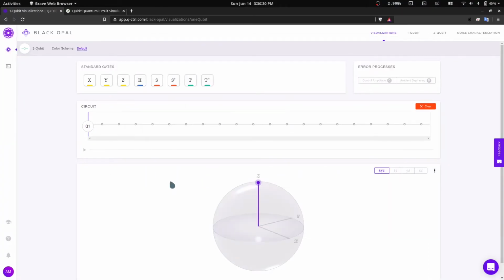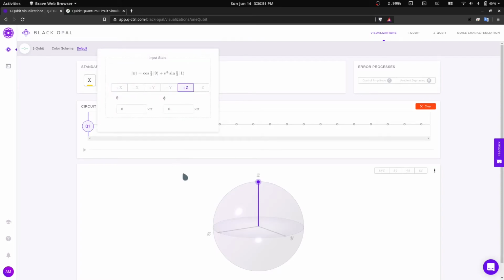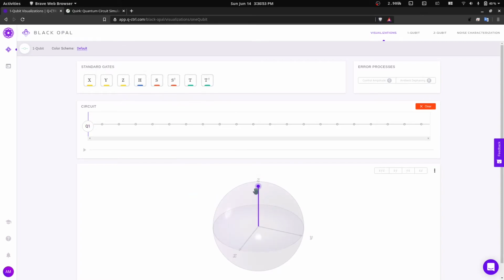So without wasting any more time, let us now get to the actual visual representation of the operation of all these gates. What I'm using here is an interface by Q Control. It's a great representation. It gives us a Bloch sphere, and we can choose the initial state. First I'll choose it to be plus z because I want it to be 0, and it allows us to apply gates to this and see how the state of the qubit changes. To begin, let's keep it simple, and I apply an X gate.